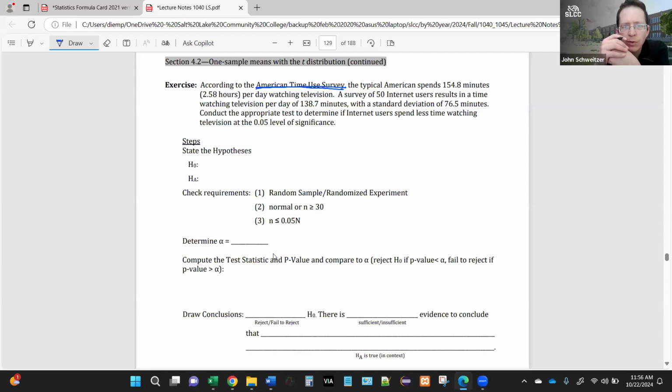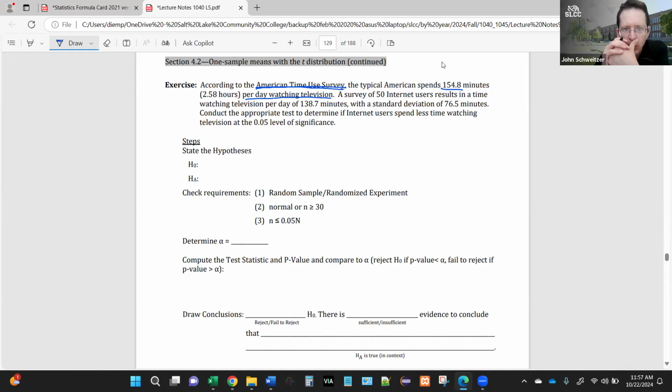It's called the American Time Use Survey, and they're interested in all sorts of different things, maybe like TV usage, right? And so this was an interesting problem. They're looking at time spent watching television, and then they're trying to see if that's been influenced by time spent on the internet. Okay, so the average American spends 154.8 minutes per day watching television,